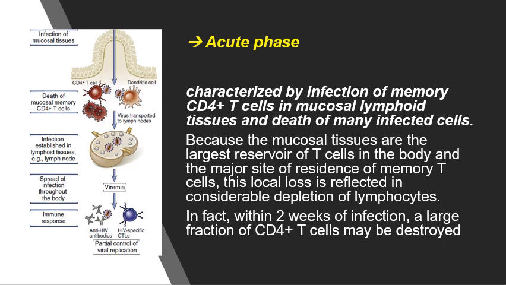The virus typically enters through mucosal epithelial surfaces, and the subsequent events in the infection can be divided into several phases. The acute phase is characterized by infection of memory CD4 T cells in the mucosal lymphoid tissue and death of many infected cells,